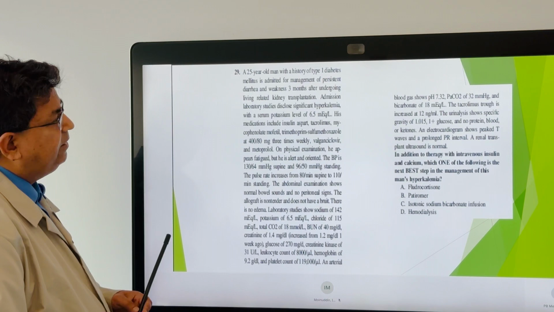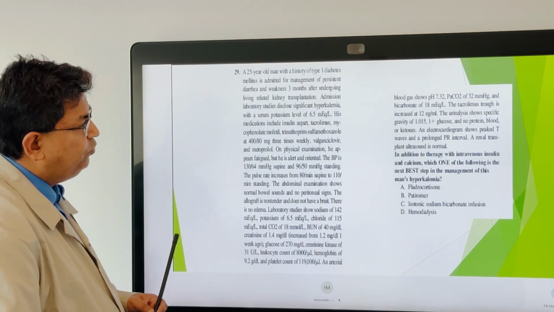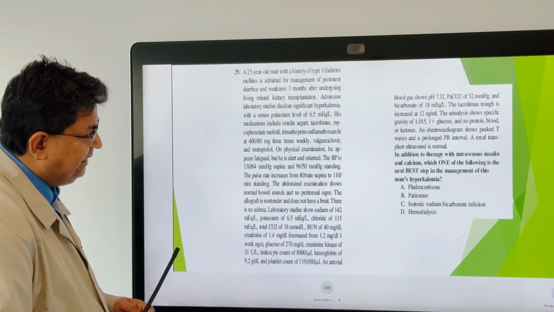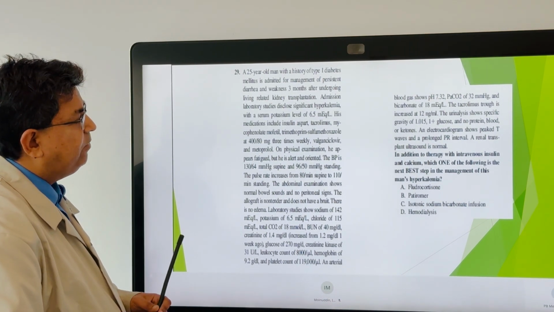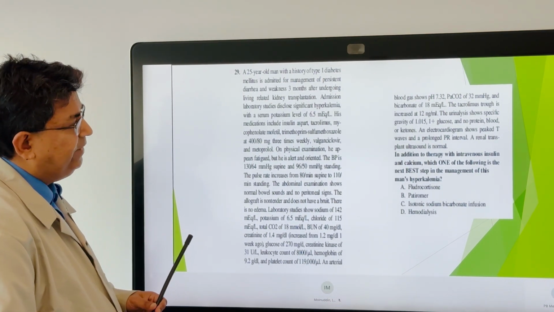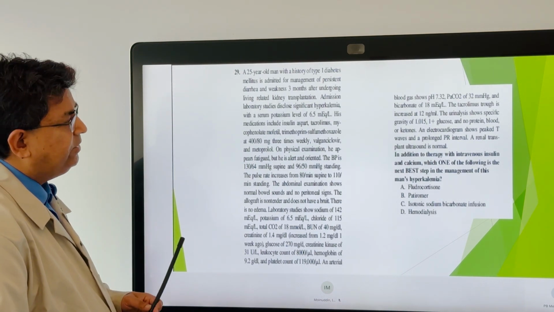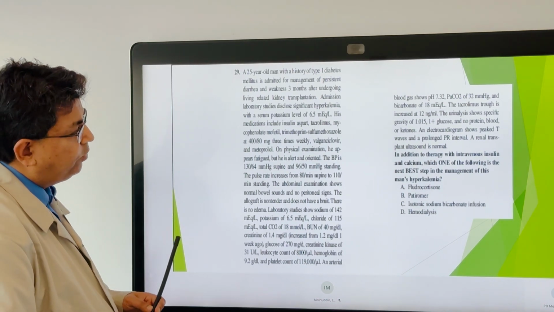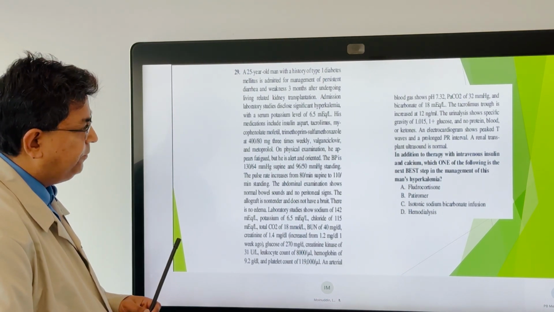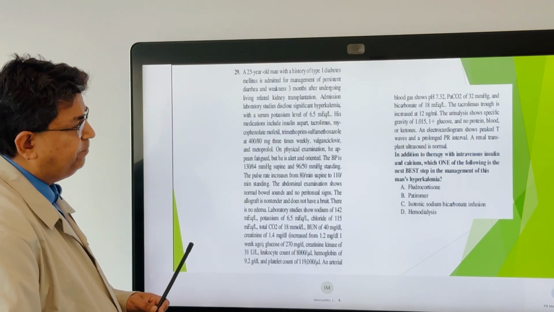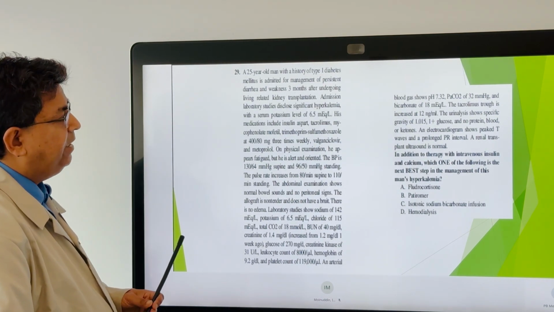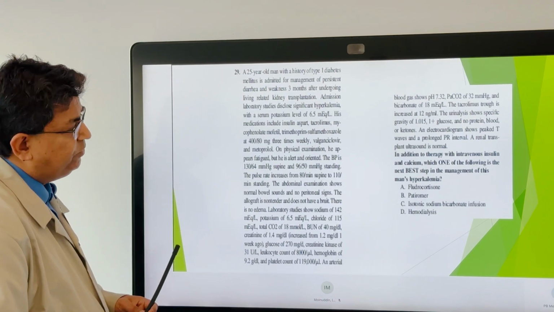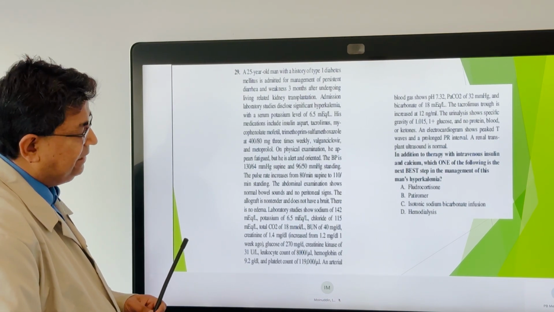An arterial blood test shows pH 7.32, PCO2 of 32 millimeters of mercury, and bicarbonate of 18. The tacrolimus trough is increased at 12 nanograms per milliliter. The urinalysis shows specific gravity of 1.015, 1 plus glucose, no protein, no blood, no ketones. An electrocardiogram shows peaked T waves and a prolonged PR interval. A renal transplant ultrasound is normal. In addition to therapy with intravenous insulin and calcium,